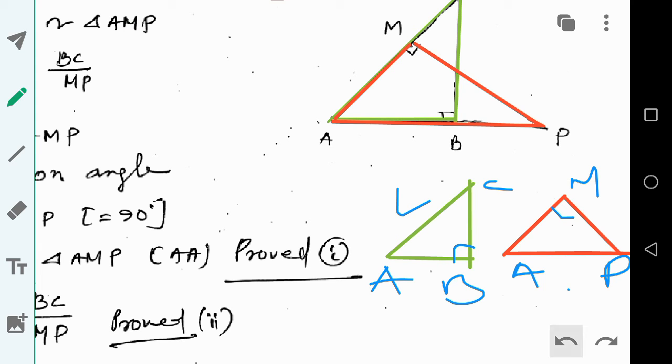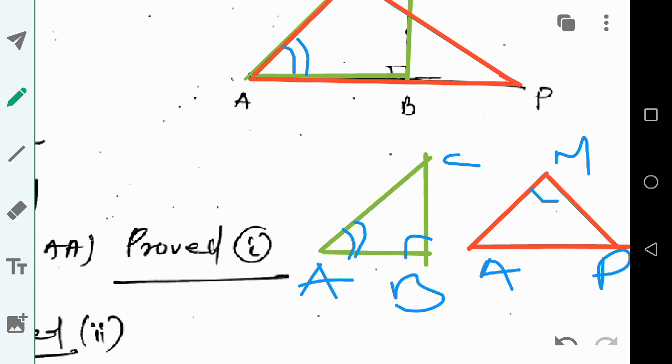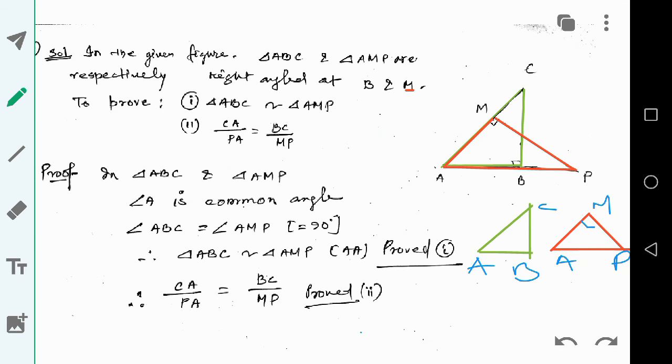These are the two triangles. If you observe the figure, you can see this angle is common. So angle A equals angle A, common, and angle B and angle M, in ABC and AMP, both are right angles. So by angle criteria, these two are similar. Angle A is the common angle, and angles ABC and AMP are both 90 degrees, okay. Now here you see,